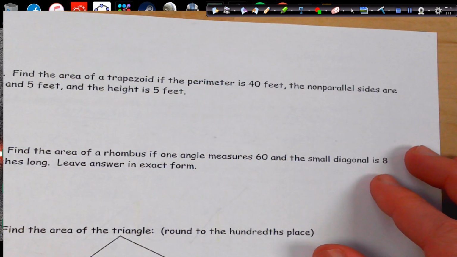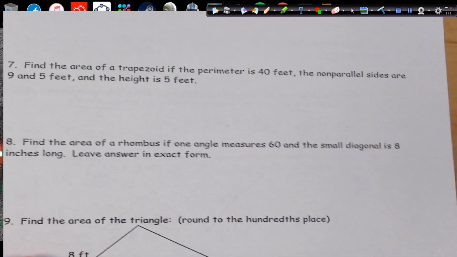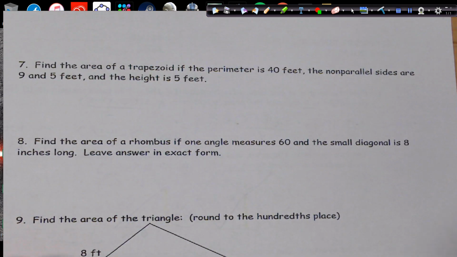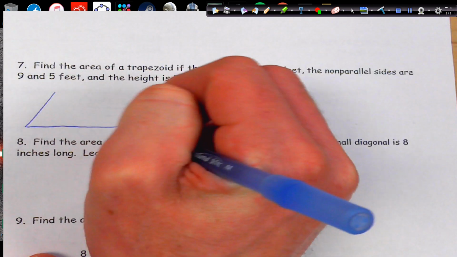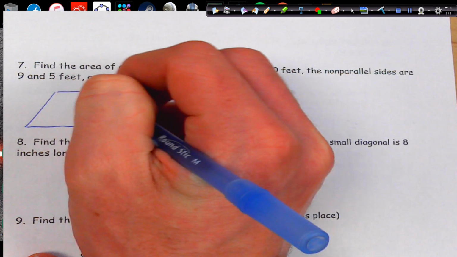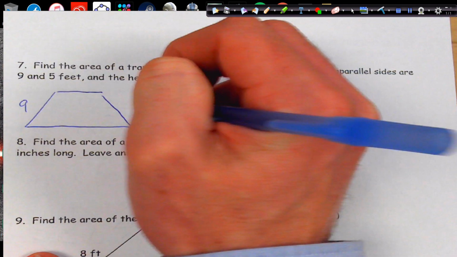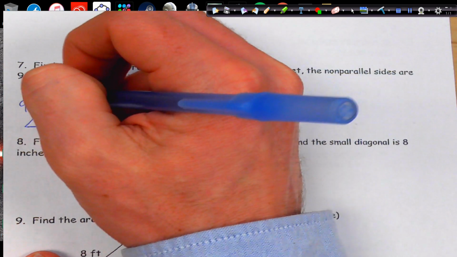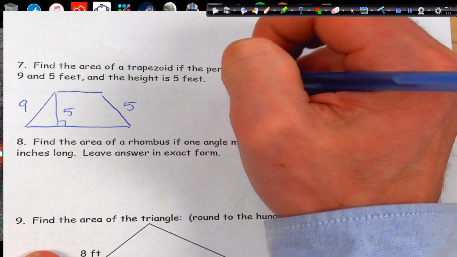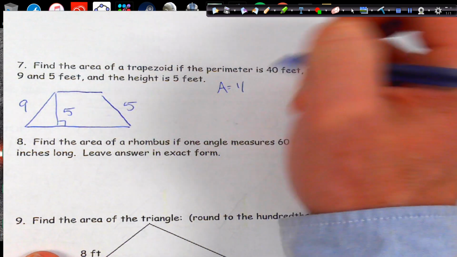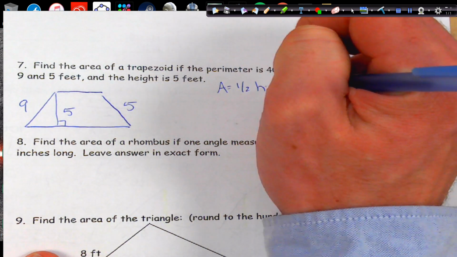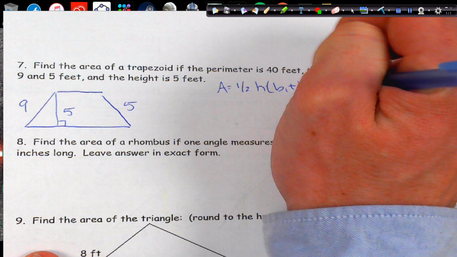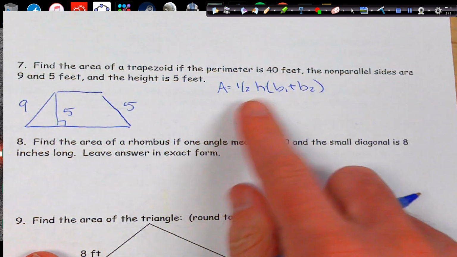Find the area of a trapezoid if its perimeter is 40 and the non-parallel sides are 9 and 5 and the height is 5. So first we'll just draw a little trapezoid. We know the non-parallel sides are 9 and 5, and we know the height is 5. So when I put in my formula, I guess I'll write it this way. The height is going to be 5,